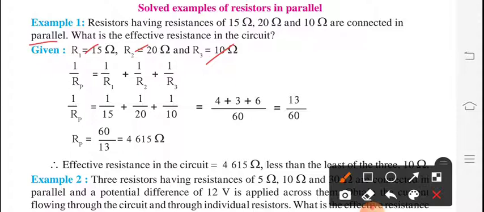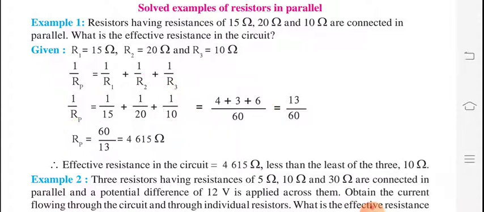So we can apply the formula for parallel, that is 1 upon Rp is equal to, how many resistors are there? 3 resistors. So we can use this formula up to 3 resistors: 1 upon R1 plus 1 upon R2 plus 1 upon R3. If 4 resistors are there, then we can continue with plus 1 upon R4. 1 upon Rp is equal to, we substitute the values: instead of R1 15, instead of R2 20, instead of R3 10. Now we can take the LCM, that is 60, and after the calculation we get